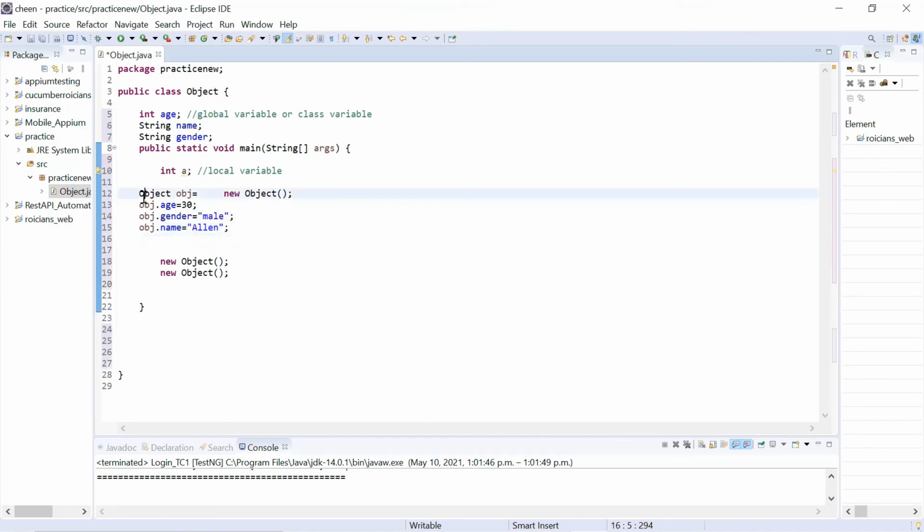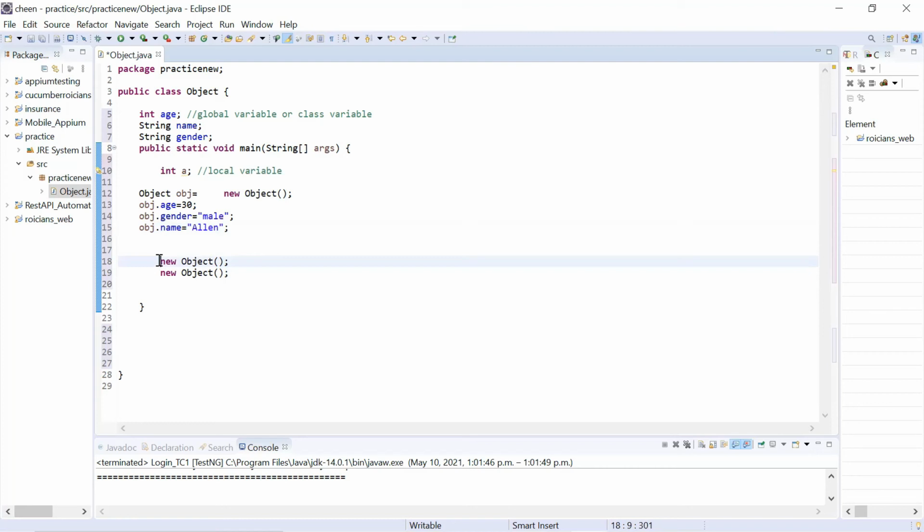So this is how you can give different values in this memory area. Now I'm accessing one memory area in which I have these three variables, and I can give values according to my requirements. This is my second memory area. If I want to refer to this memory area, again, I have to create a reference for it.